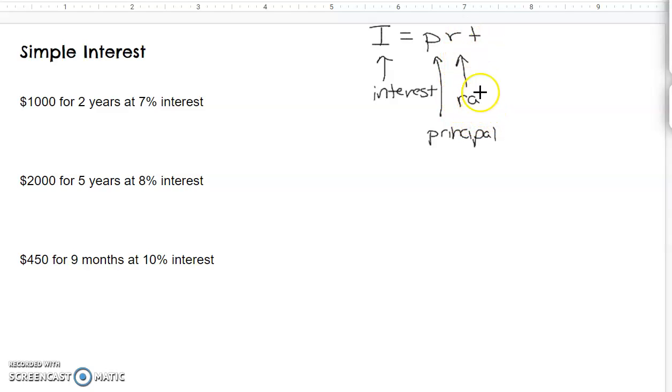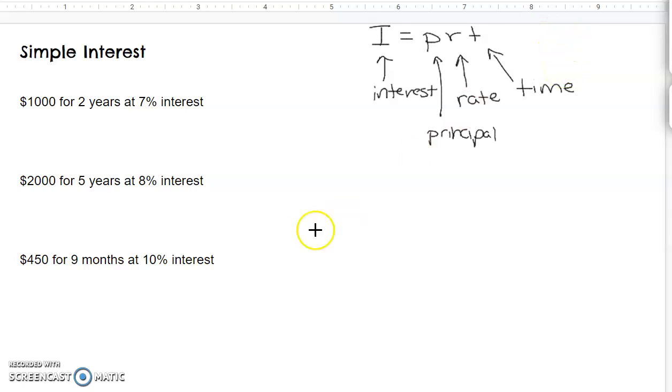R would be the rate. And so that would be my percentage rate. And of course, I am going to put the percent as a decimal. And T stands for time, and that would be in the units of years. And all I'm going to do with that information is just multiply those together, and then I will have the